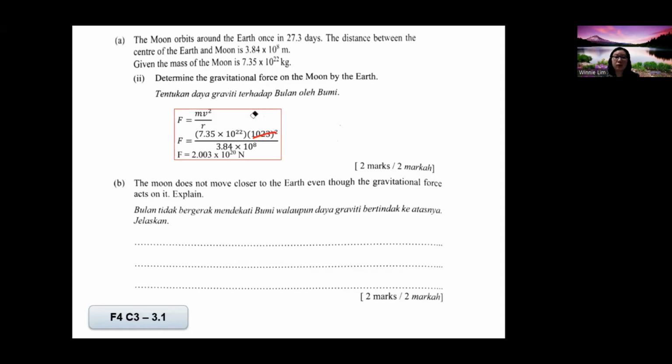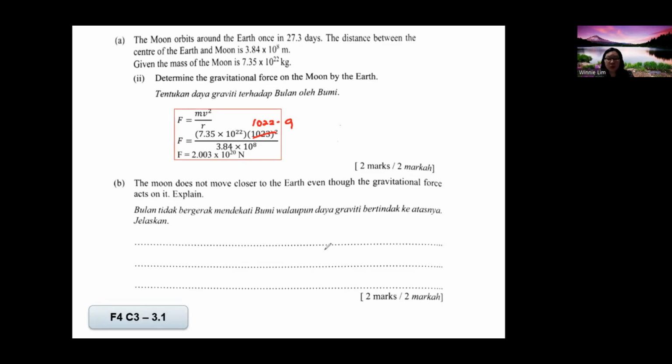10^22. We try to use that one because I use the pi in the calculator. 10^22.9. So don't round off when you substitute into the formula, so that you have a more accurate reading. Same thing, teacher will try to calculate. Bear in mind the 10^22.9, you have to square it,